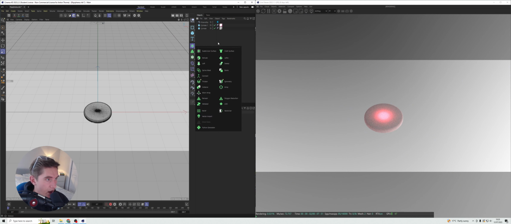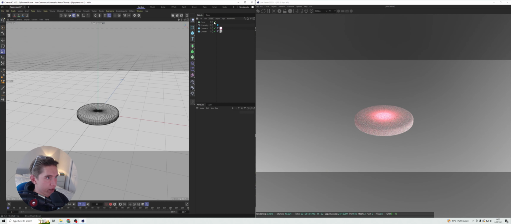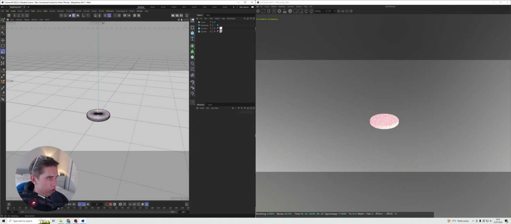I'm in the wrong tab. I'm gonna get a cloner. We're gonna probably bake these together. In fact, just before getting ahead of myself, we're going to deselect this, and we're just looking at the emissive